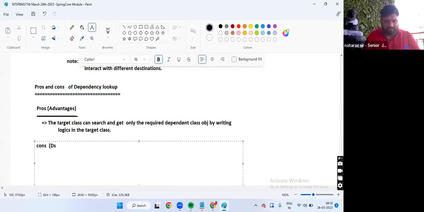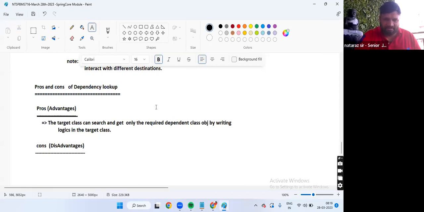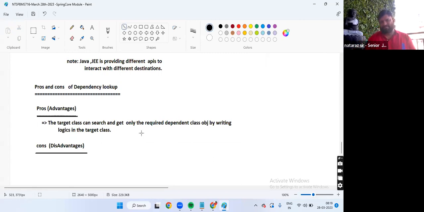Disadvantages. Any guesses from your side? In target class, we should write logic explicitly to get the dependent class object.